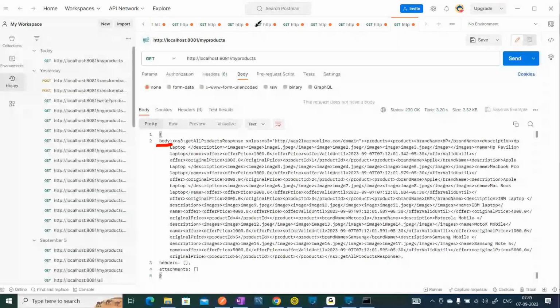Under that, get all products response is a key. And what is the value? Products. All the products are value, right? If you treat the products as a key, every product is a value, right? But here this is not a right format. I want to fetch the value for get all products response. That means I want all the products in a XML format. So what I can use here,